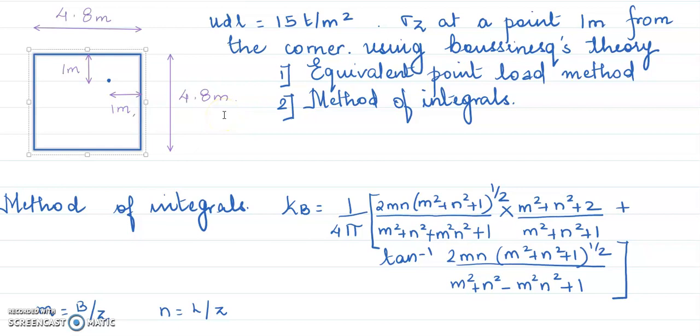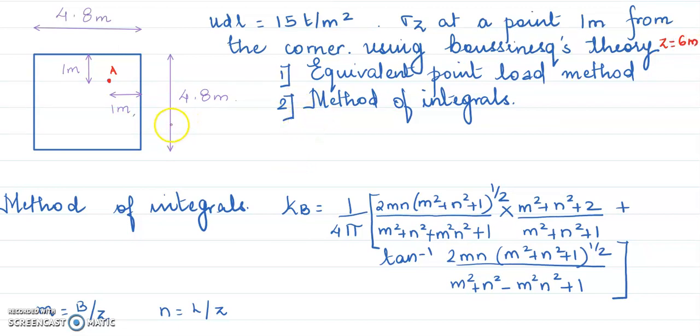Okay. And let's say the problem in this case is to determine stress at a point A. Where is this A? This A is here, the red dot that I'm drawing. You are asked to find stress at a point A, which is 1 meter by 1 meter inside the corner. The stress we will take same UDL is equal to 15 tons per meter square, and sigma z at a point 1 meter from the corner, and z is equal to, I'll take it as 6 meters, right?